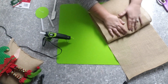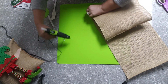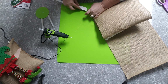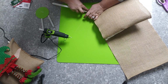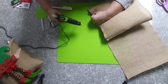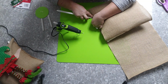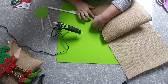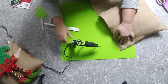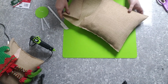Let me make sure I've got it in the spot I want it. And I kind of want this to stop right about at the top of my pillow. So I'm just gonna put a little glue here in the corner first. And then I'm gonna take just a silicone spatula, and I'm gonna press that in. You can go ahead and go a full bead if you want to, but I'm gonna do it just a little bit at a time. Okay, so now that we've got both of our sides glued,